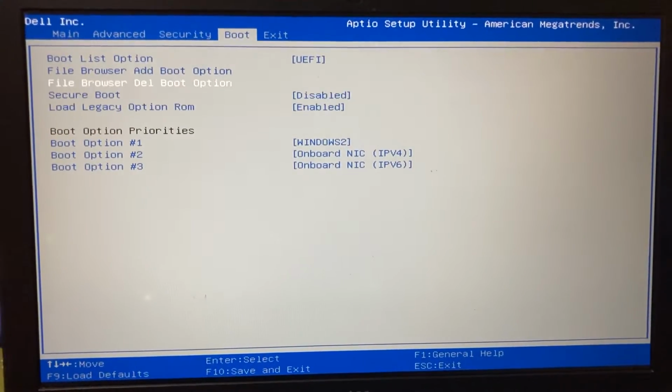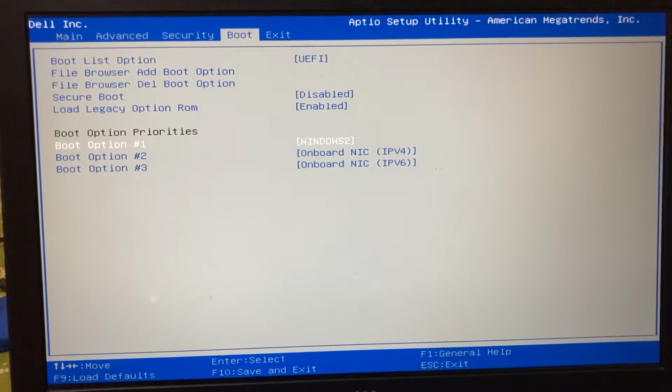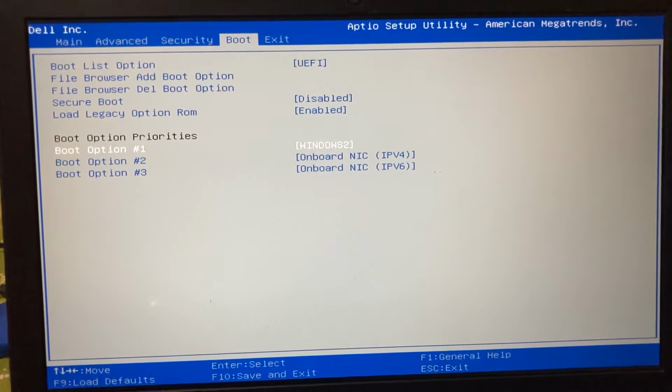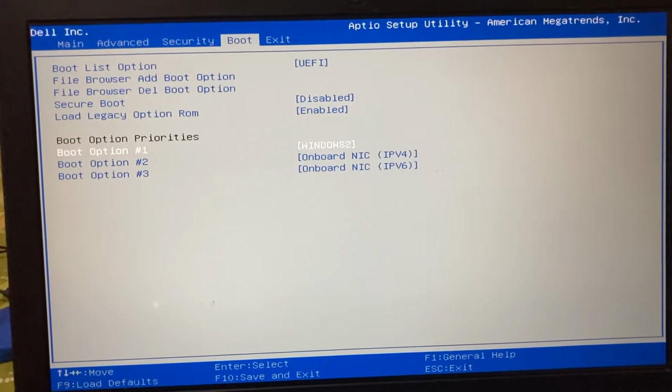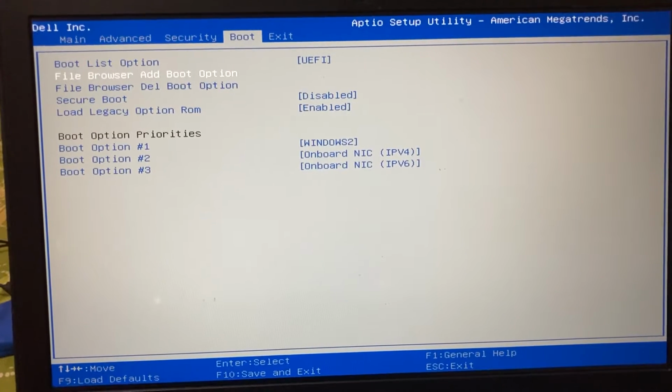Okay, so here you can see this one, Windows 2, this one I have created, and as you will see I have two hard drives.